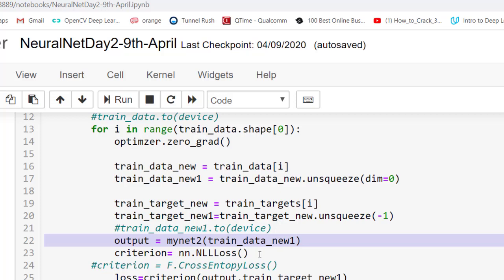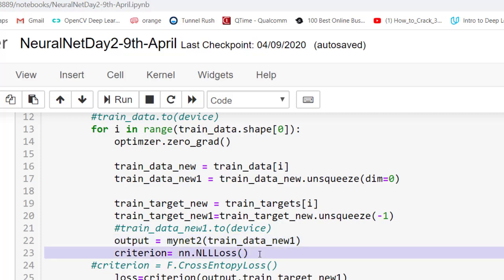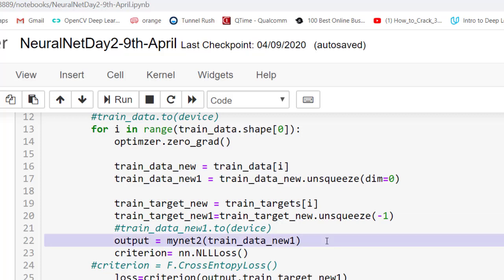Log likelihood loss. I need to pass the output that I got here, which is an array of 10 numbers, and I need to pass what I was expecting, the actual target value, which is train target new. When this is passed, this is the loss.